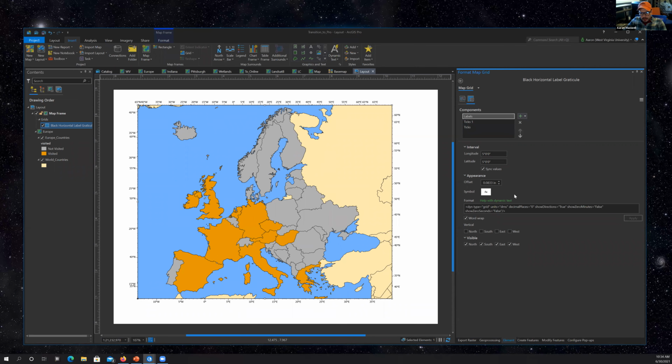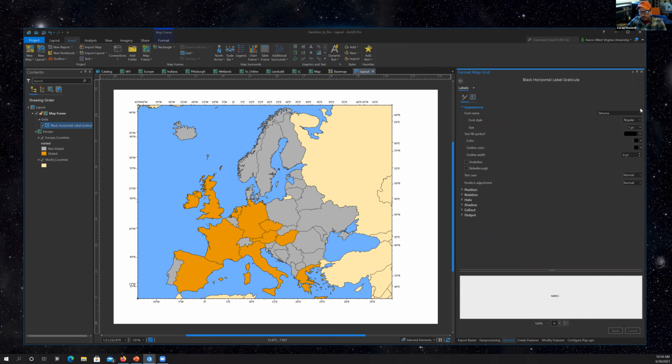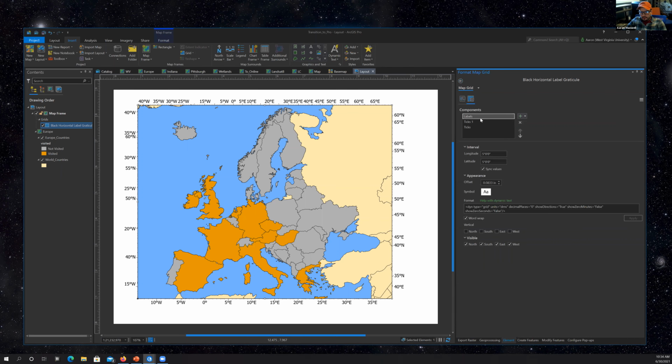Then for the labels, I like to make them bigger. So I'm going to click on symbol here, go into appearance, and let's pop it up to like 14. That's probably too big, let's pop it down to like 12. That seems fine. I think they're a little too dense, so I'm going to go back to the labels here and note they're being labeled every 5 degrees. I'm just going to pop that up to every 10 degrees instead. You can also change the orientation, so on the sides we could make the west and east